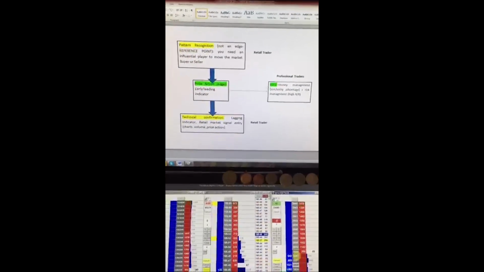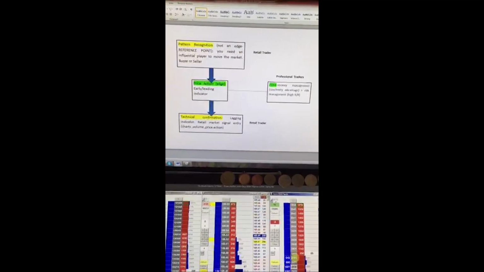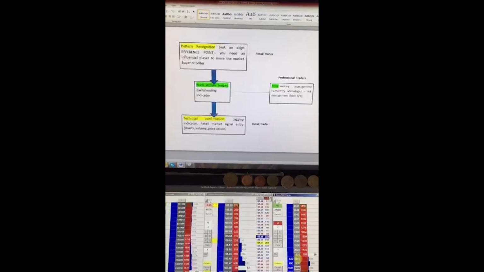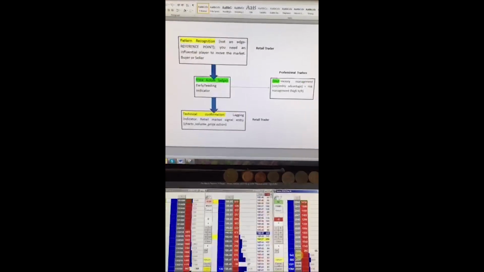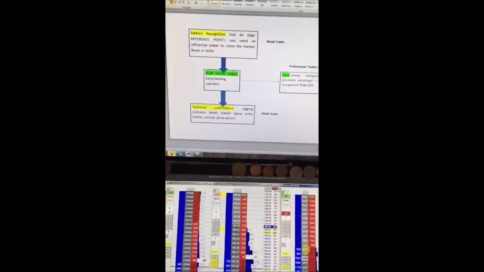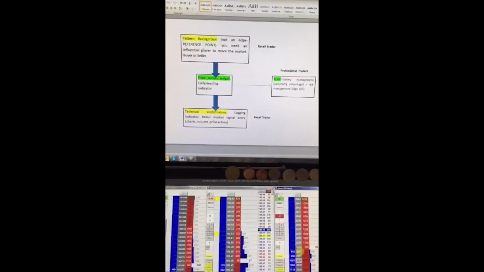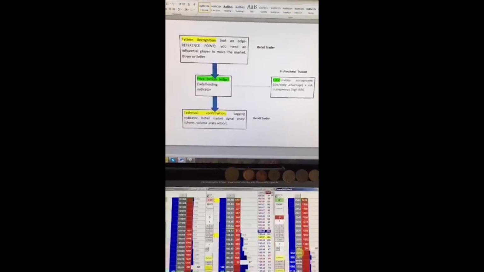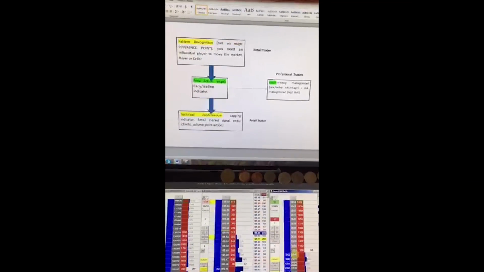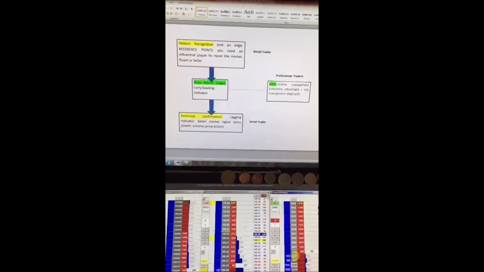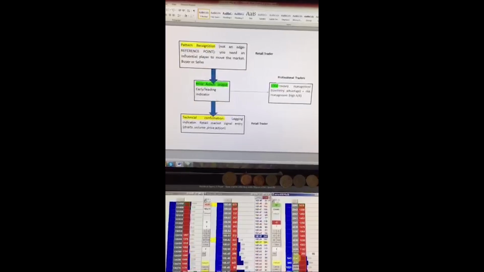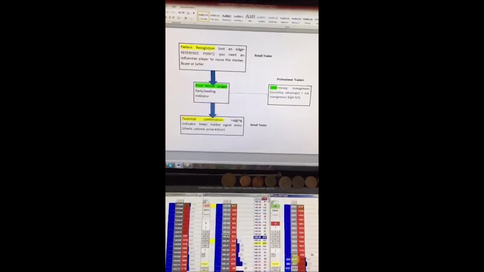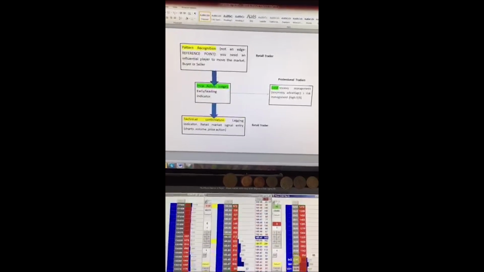Now, all I want to say with regards to this is what you need to understand as a trader is that in essence, if you go through the three blocks of identifying opportunity, the first thing that comes is obviously pattern recognition. Anyone can identify these patterns, whether it's a trend line or a moving average or whatever it may be. Anyone can recognize these patterns, but a pattern on its own is not an edge. It's merely a reference point.